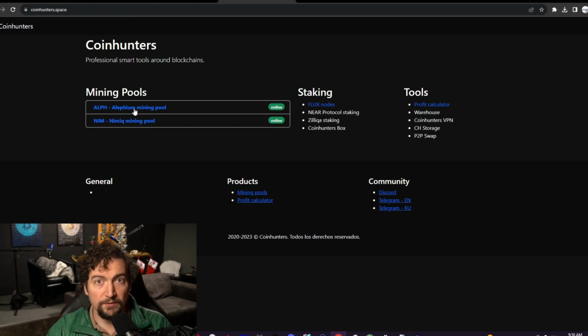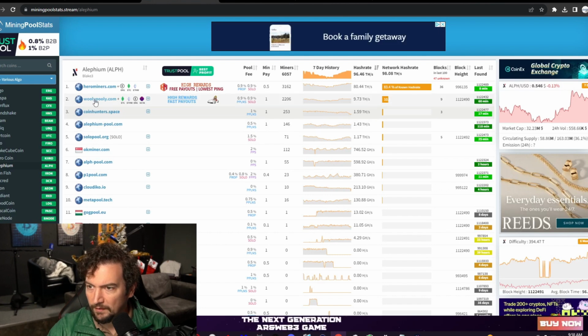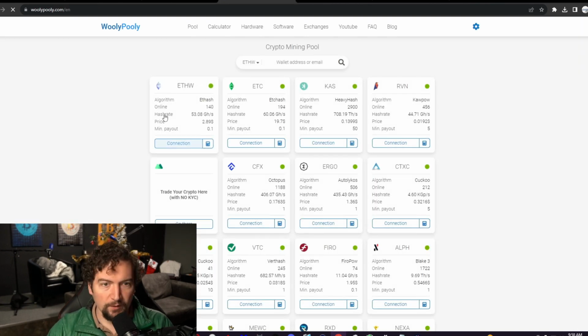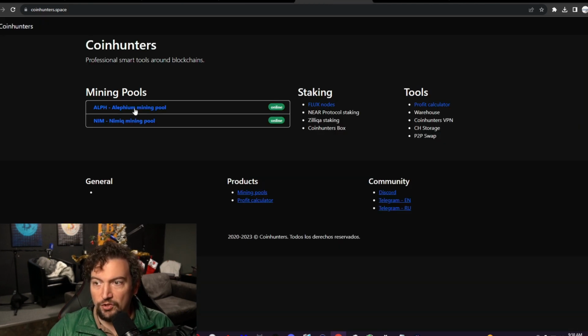All of these pool websites are different, by the way. Here's Wooly Pooly. All these mining websites are different. Wooly Pooly has a lot. Coin Hunters only has 2. So keep that in mind when you're mining. Why does that matter? Well, the healthier the pool operator, the more coins they tend to mine. So I would say Coin Hunters is probably a new pool operator, or else they've just culled a whole bunch of old projects that they're no longer supporting. So you'll want multiple backup pools,